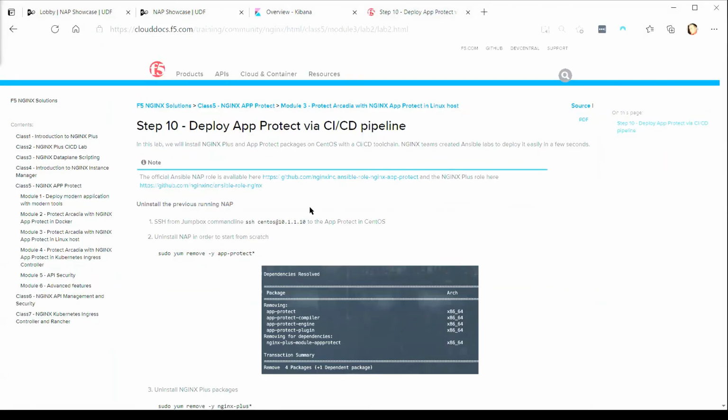We might skip this one as well because the next one is quite interesting, actually. This is just a matter of doing exactly the same as we did for the Docker container, but via CI/CD pipeline. So it would automate the install of it on a fully fledged machine rather than in a Docker container. I think we'll skip that one and rather go to the next step because we've already done all of this.